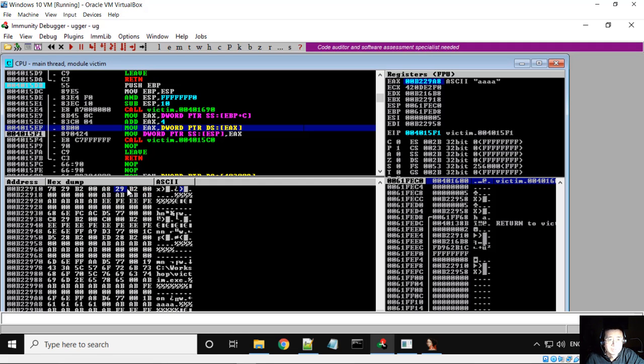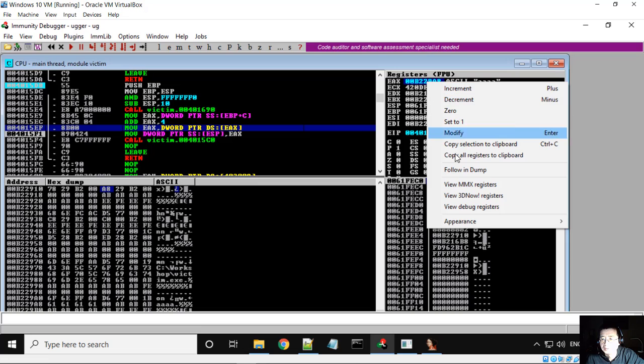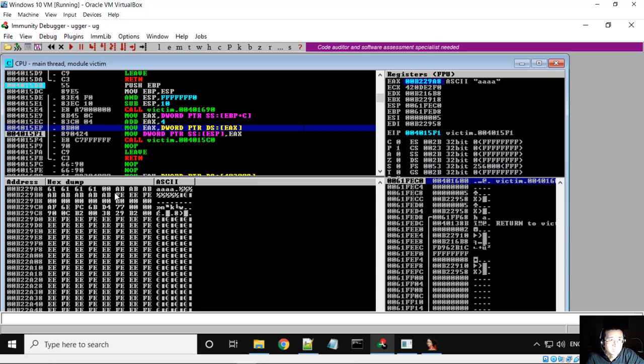So you may wonder what is saved at 00B22988. We can do the follow in dump again. You can see basically it saves AAAA. So that's why we have AAAA here. Okay. And so now you can see basically we are here, right? So now we move EAX, that's the address of the user provided argument,